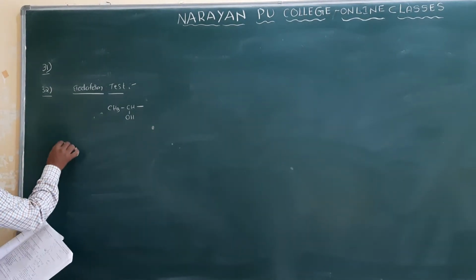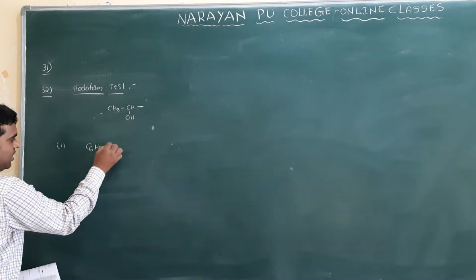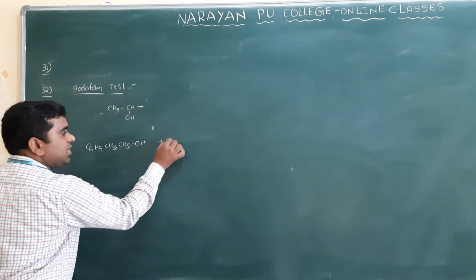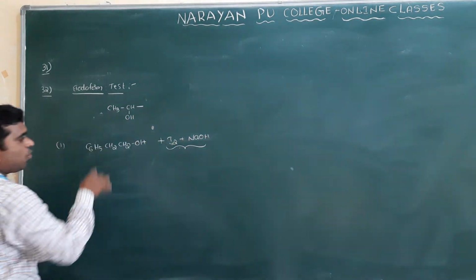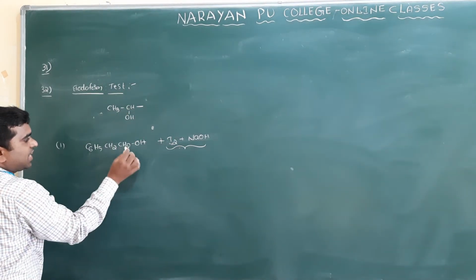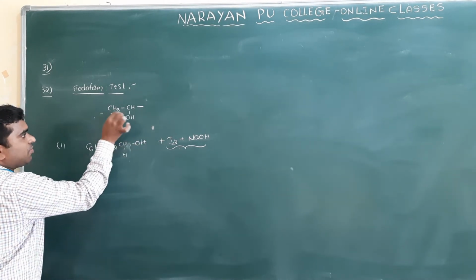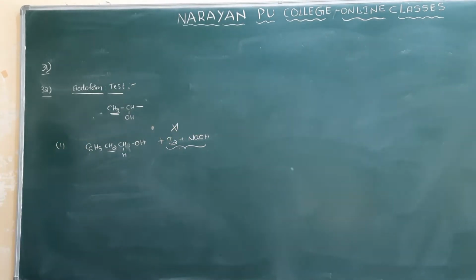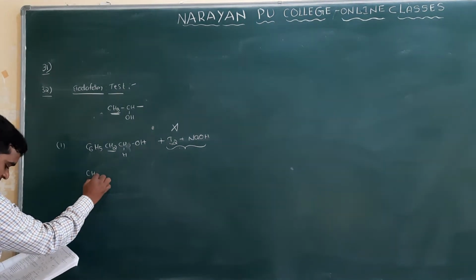What is the first option? The first one is C6H5CH2CH2OH. Will it give the iodoform test, reacting with iodine and NaOH? No. Why? Because here CHOH should be there, and the group attached should be CH3, but here it is CH2. So this will not give the iodoform test. In the same way, the second option has CH3